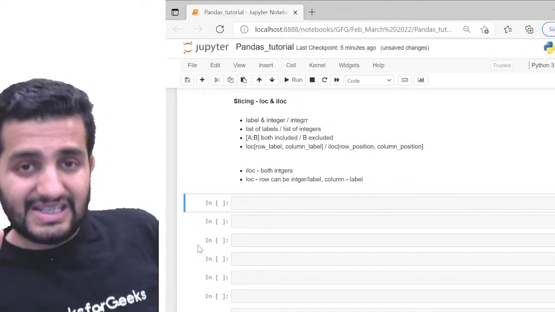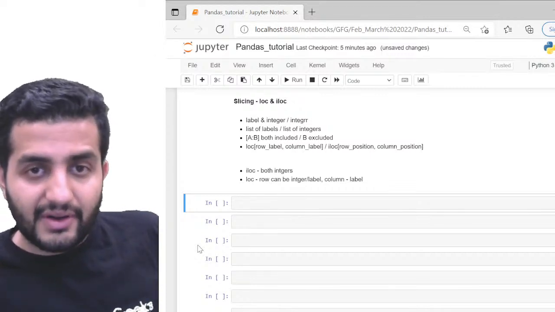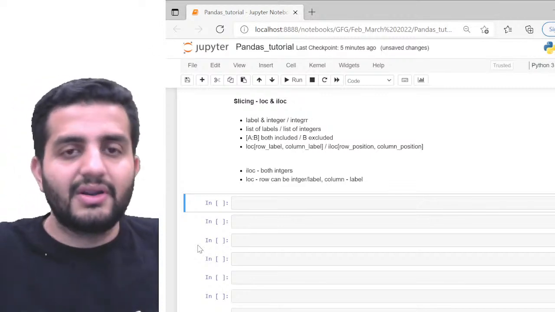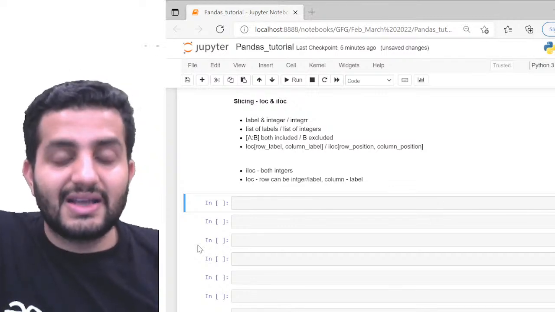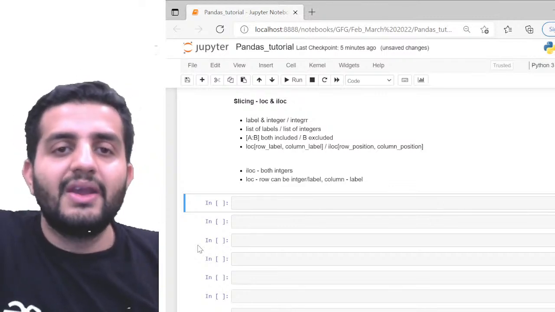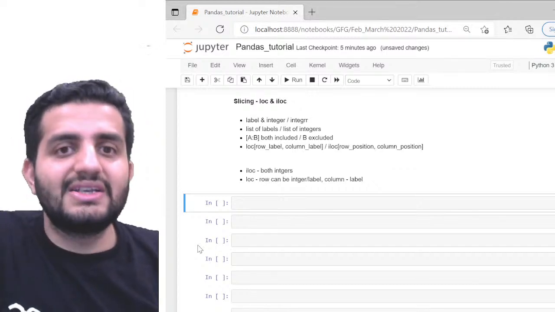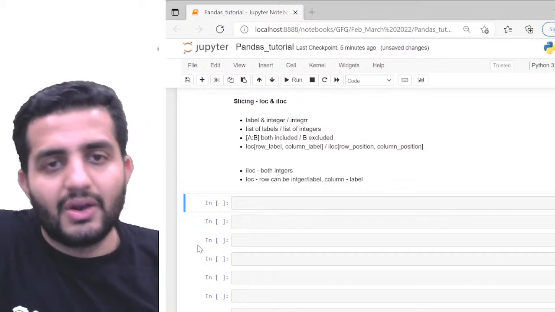This is a very interesting and very important topic, guys. If you're not able to understand this, please stop me and ask your questions. Do not hesitate to ask. So again, what is the difference between loc and iloc? There are certain major differences. The i is always easier to remember. i means integer, so iloc is integer loc, and loc is simple loc.